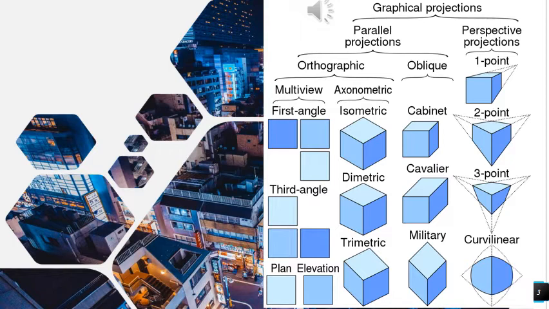If we see this graphic projection, it will highlight all the details of the different types of 3D projection, or the drawings which we create to help us create an object. So all these are the basic different types, and we are going to discuss axonometric. Perspective we have already discussed, and we will continue parallel to that with axonometric.